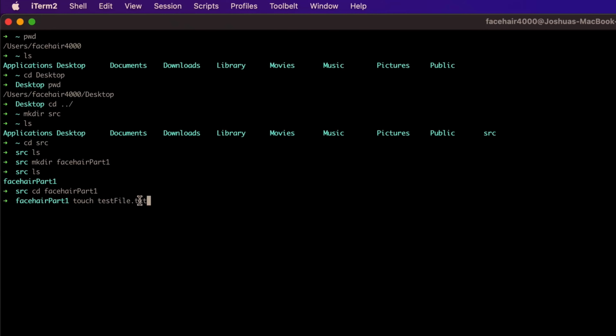and we always want to add an extension name when we're touching a new file. So .txt is just going to initialize an empty text file. Go ahead and press enter. ls, and you'll see